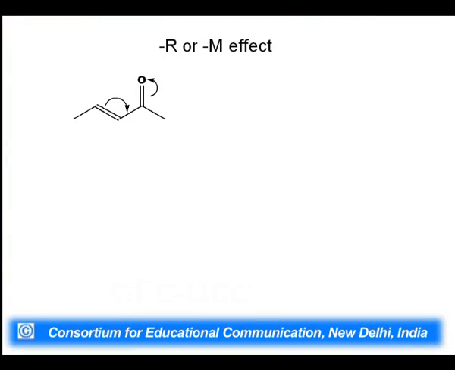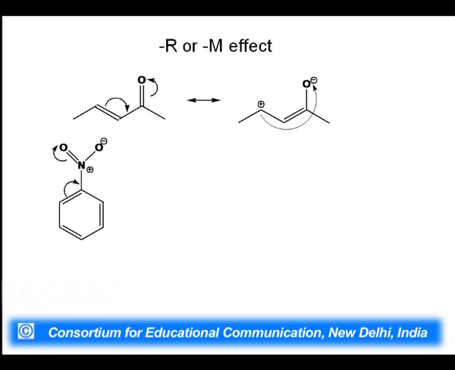Moving on, the minus R or minus M effect, quickly we can understand what is minus R, minus M. This C double bond O group is withdrawing electrons. We have already done it in the resonance structure possibilities, that this O will capture the pi cloud and these electrons will move here to give this type of resonating structure. Because this O group is taking away the electron from the system, this C double bond O group is a minus M or minus R group. Similarly, a nitro group on a benzene or any other conjugation with double bond is a minus R or minus M group,